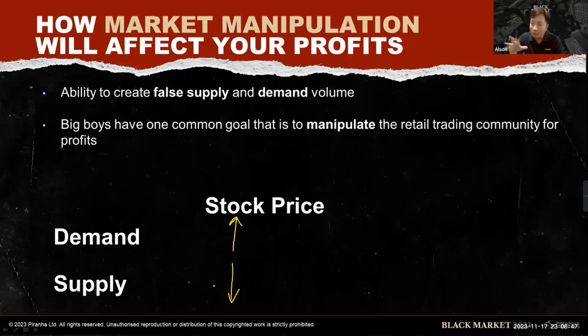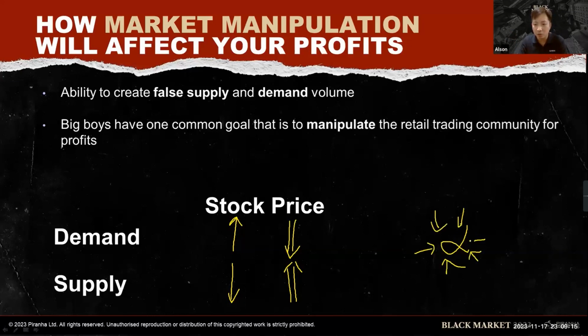If there's a lot of people buying a particular stock, the stock price tends to come down. If there's a lot of people selling a particular stock, prices tend to go up instead. You may ask me why, right? This is not the normal demand supply that you know about. It's because the stock market is not a fish market. In a fish market, let's say there's only one fish. Like during Chinese New Year, there's very limited fish. Everybody goes and buys the limited amount of fish, the price of fish will go up. That is a normal fish market phenomenon.